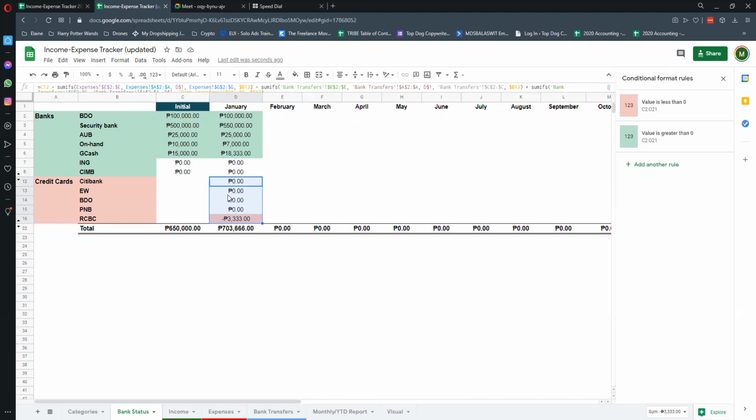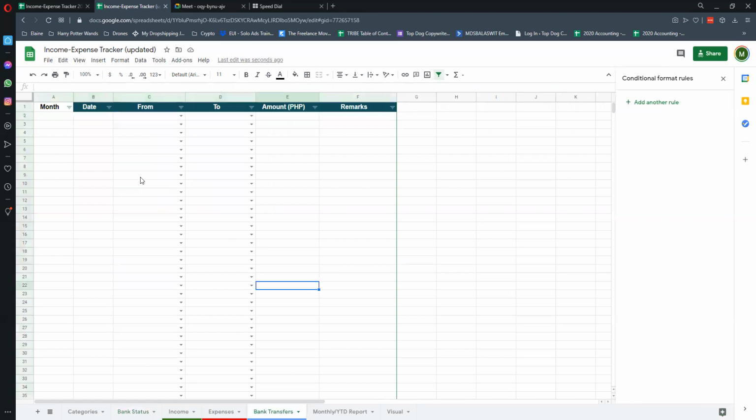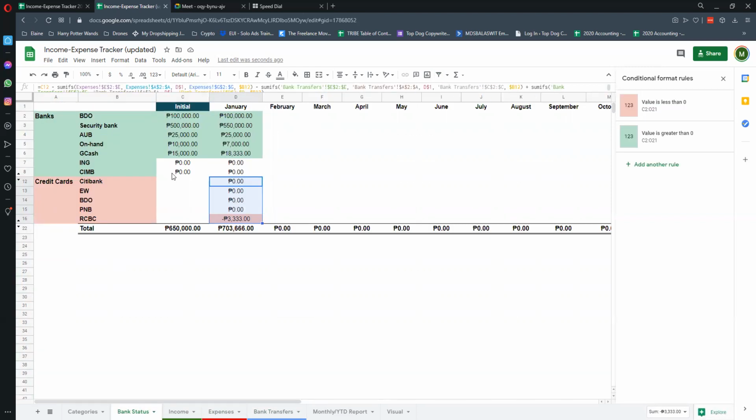You just have to religiously update this every time that you use that card, or every time you do a transaction, or every time you receive money. Okay? So I mentioned earlier about the withdrawals. So for example, your on hand balance is not enough. So you want it to be at least